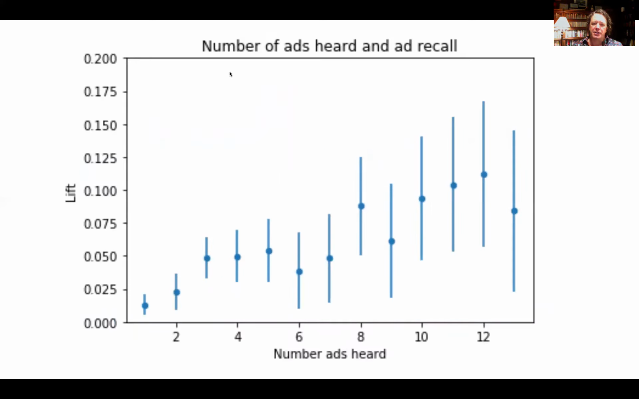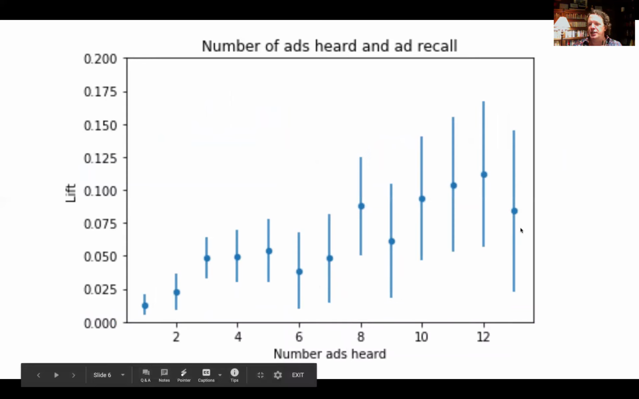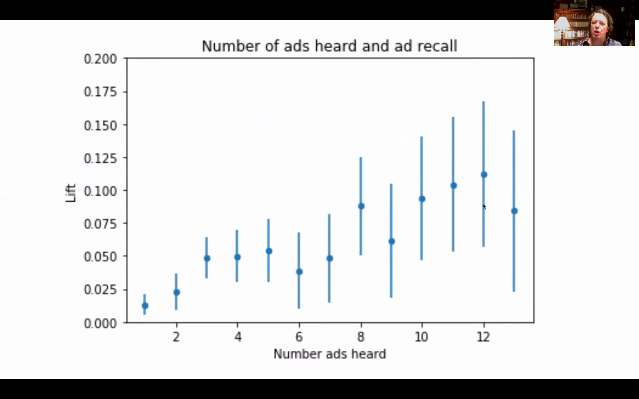Now I want to talk about the number of ads that you hear. Sometimes I call this ad frequency. So this ranges from 1 to 13 on this graph, how many times you heard that ad on a given ad campaign. And you can see it's upward sloping. So the treatment effects get bigger for people who are hearing more ads. Note that this is not necessarily a causal effect. It's suggestive, but